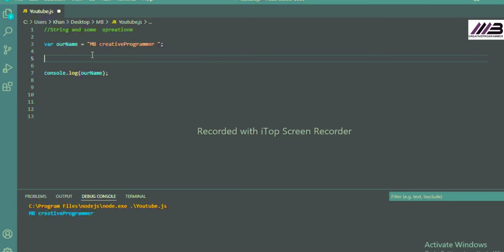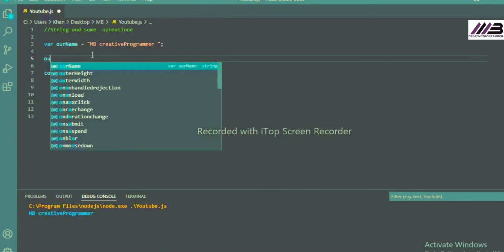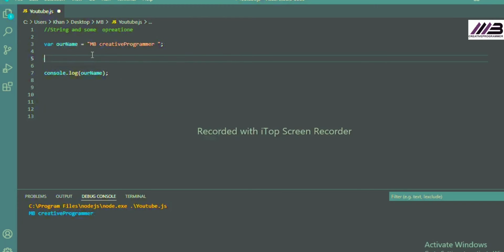First we will do it with numbers. We'll assign it something like A, and after A we will write our name, and with our name we will assign MB creative programmer, and we will say that